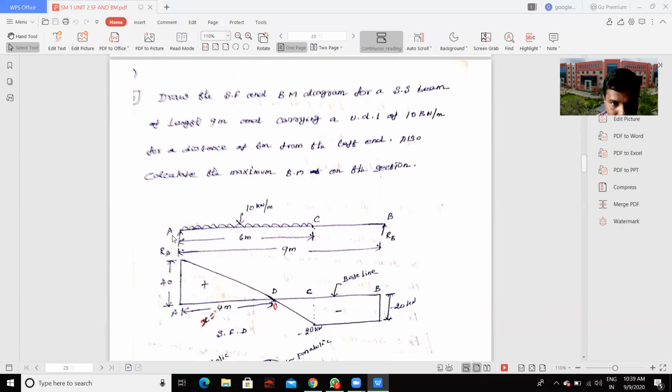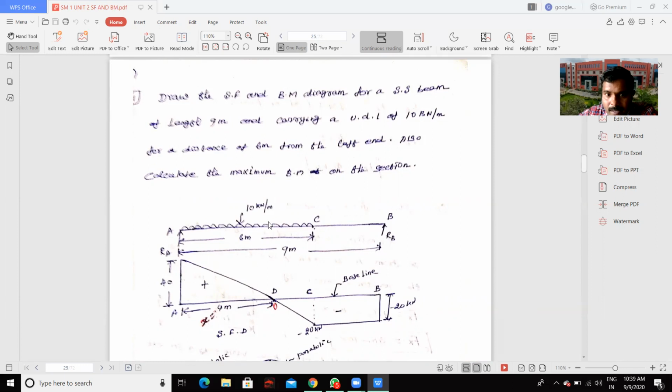Okay. So as usual, if you want to draw the shear force and bending moment diagram, you need the shear force and bending moment values. If you want to know them, you have to take the section X at a distance of x from A and consider the left forces. Add all the shear force values, you will get the shear force value, add all the bending moment values, you will get the bending moment value, including the reactions. Therefore, you have to find out the reactions.